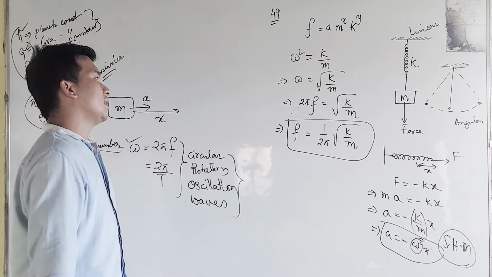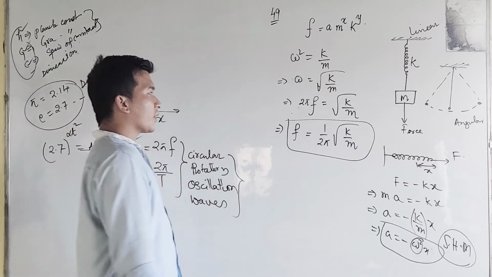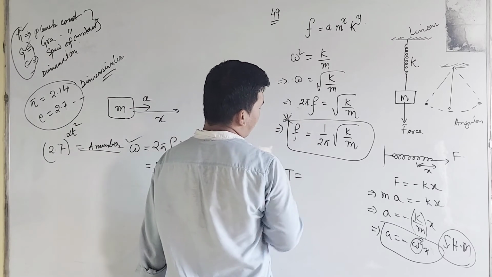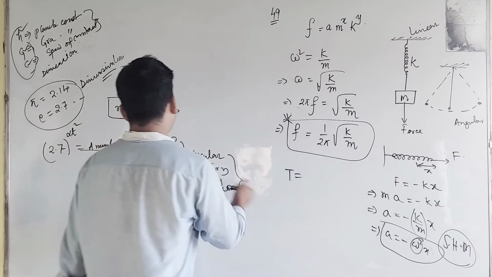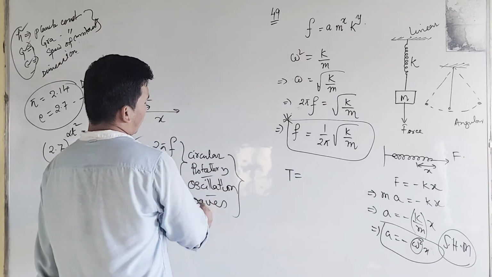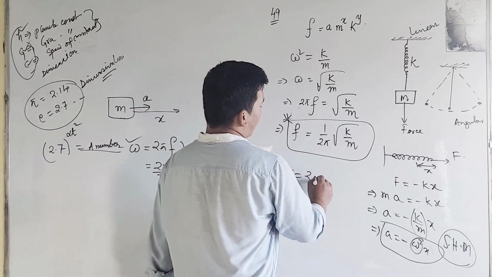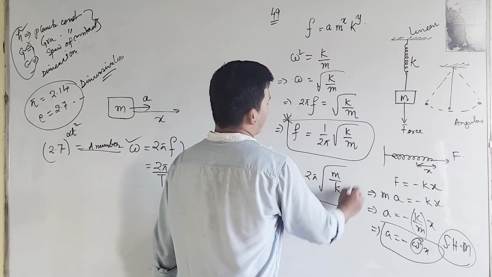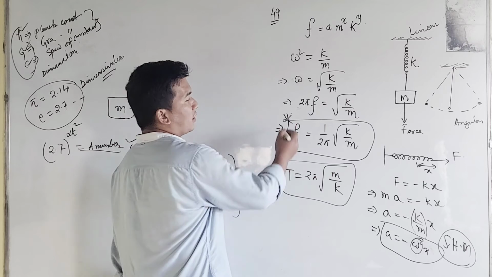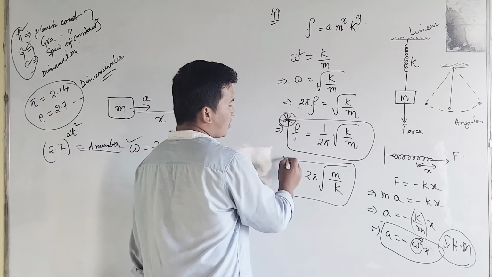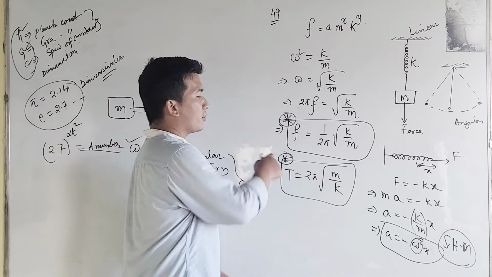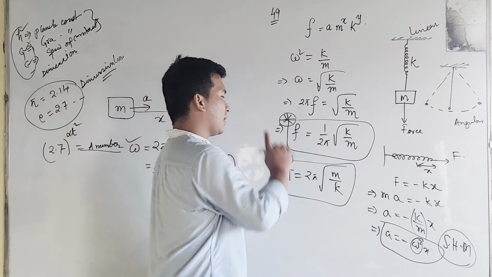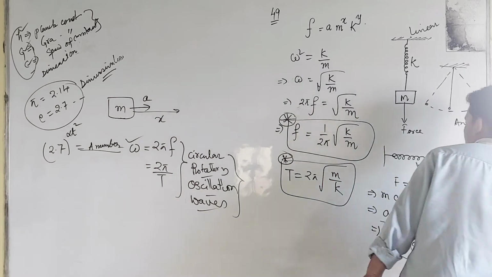Understood? If you do not learn this by heart, you can go through this. Time period T is the time period of oscillation or rotatory motion or waves, which is 2 pi root over m divided by k. You just go through like this. If you once remember the expression for frequency or time period, you can find out the remaining one. Time period can be found from frequency, frequency can be found from time period. Is that understood or not?